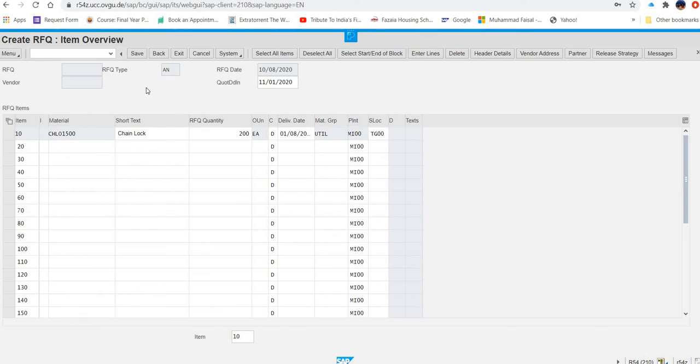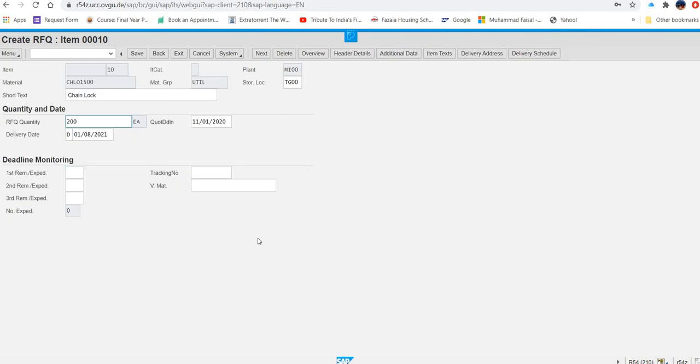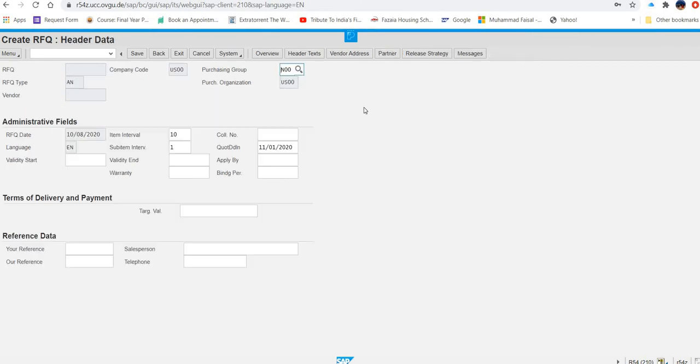Okay guys, so how you can go to the create RFQ header data? You will double click on this, and once you double click on this, you are on item 0010 screen, and over here you can go to header data. And how you can go to header data? Then you will click here on header details, and now you are on header data.